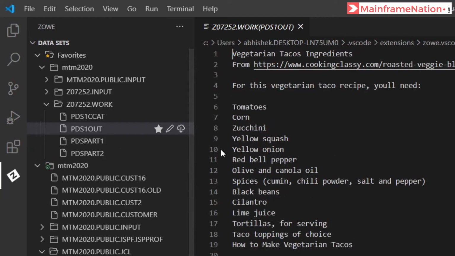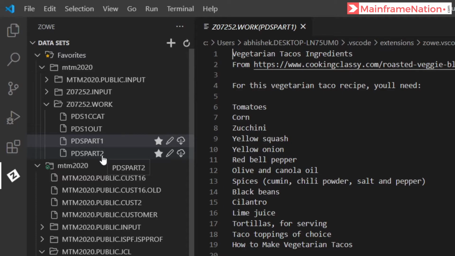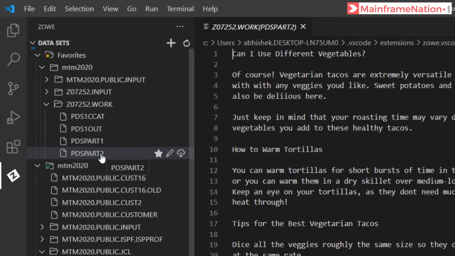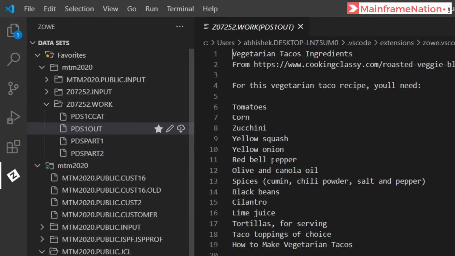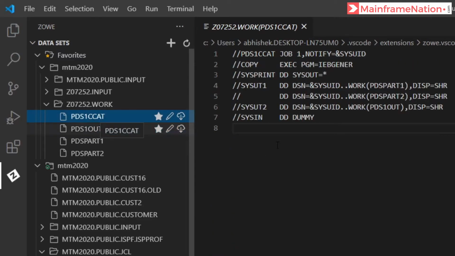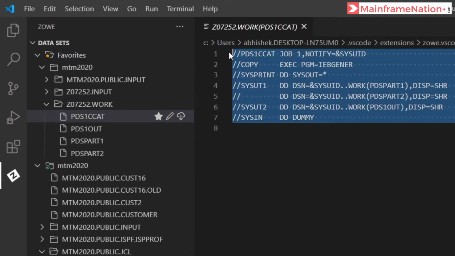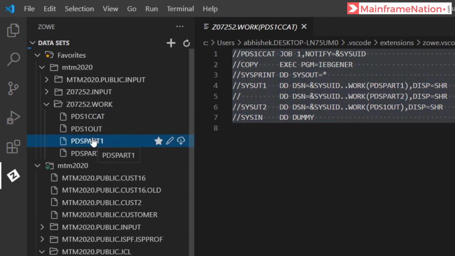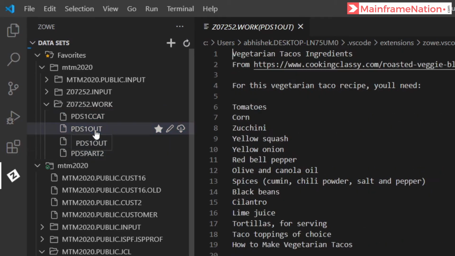So this member PDS1 out is a concatenation of PDS part 1 and PDS part 2. This is PDS part 1, this is PDS part 2, and when we combine both of these together, this is PDS1 out. So our JCL, this is our JCL, it concatenated both these members into a single member.